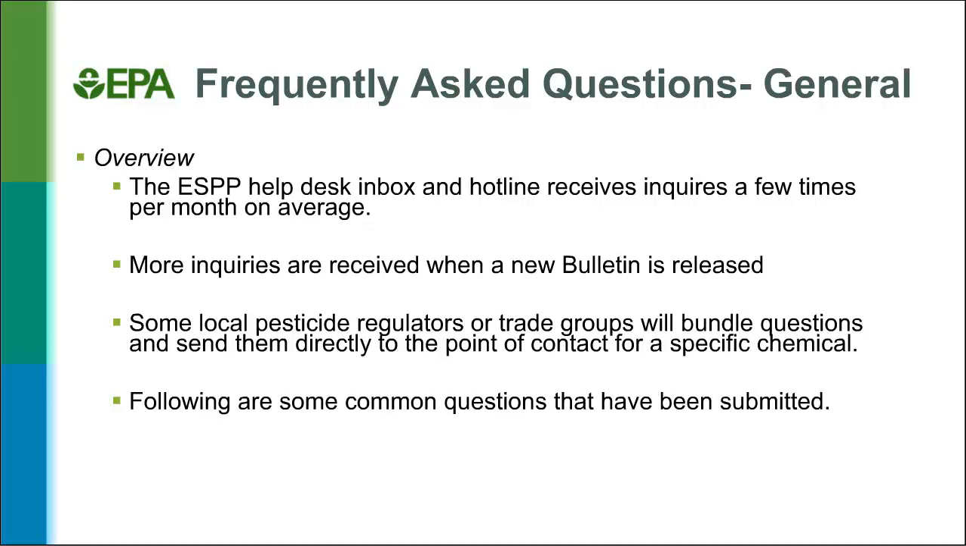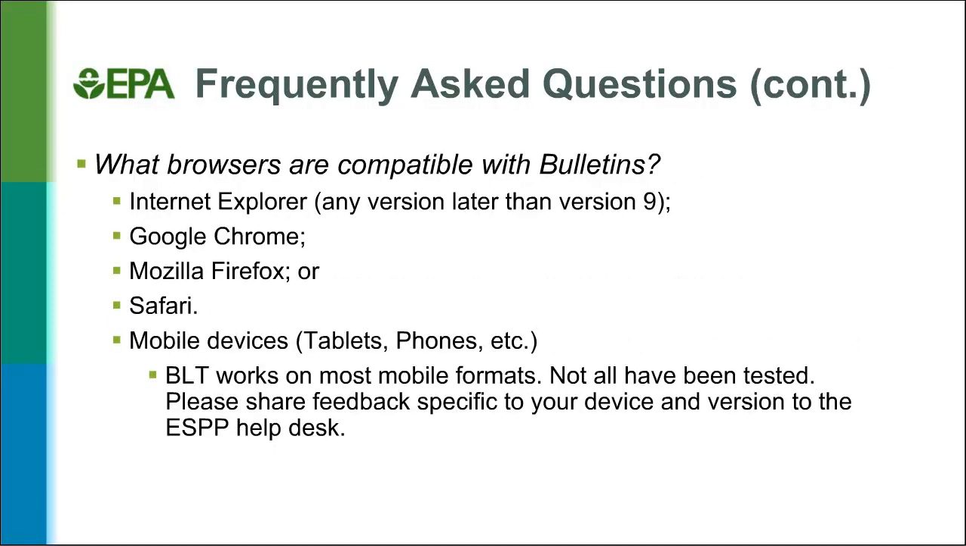Some local pesticide regulators or trade groups will bundle questions and send them directly to the point of contact for a specific chemical, which we see come in through different routes as well. And following are some common questions that have been submitted through either the hotline or through some of these groups. We often get asked what browsers are compatible with bulletins. Internet Explorer any version later than version 9, Google Chrome, Mozilla Firefox,